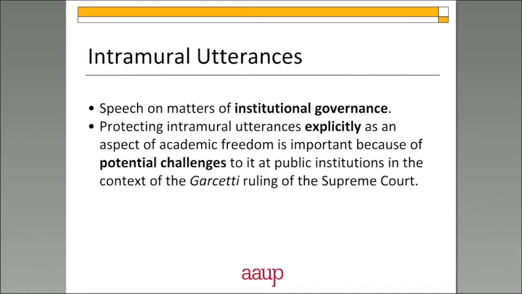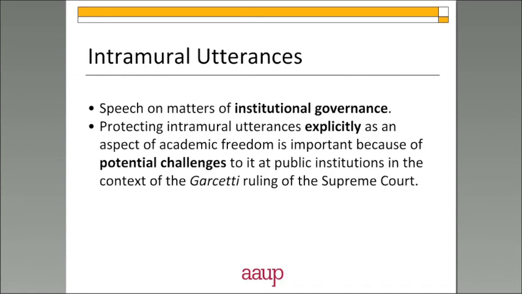And the AAUP has recommended for some time now that speaking on matters of institutional governance should be enumerated explicitly as an element of academic freedom in faculty handbooks or collective bargaining agreements. And one of the reasons specifically, and I alluded to this earlier, that we recommend this is because of potential challenges in the context of the Garcetti decision,